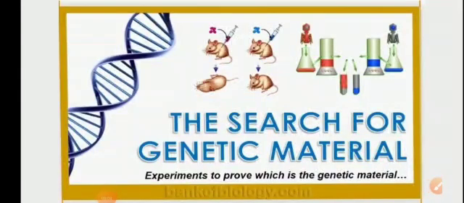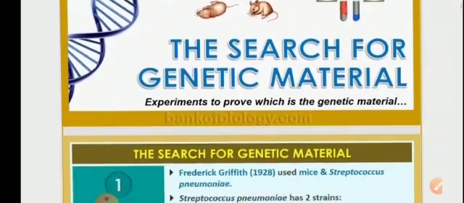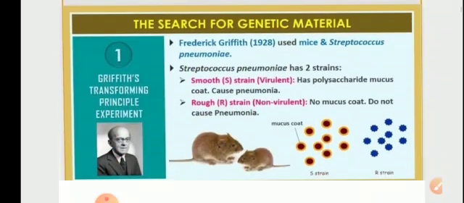In this module, we'll be continuing with our ongoing chapter, Chapter 6, Molecular Basis of Inheritance. The search for genetic material, the experimental evidence so as to prove that DNA is the genetic material. The search for genetic material, that is, whether the genetic material is DNA, RNA, proteins, or a carbohydrate moiety, the